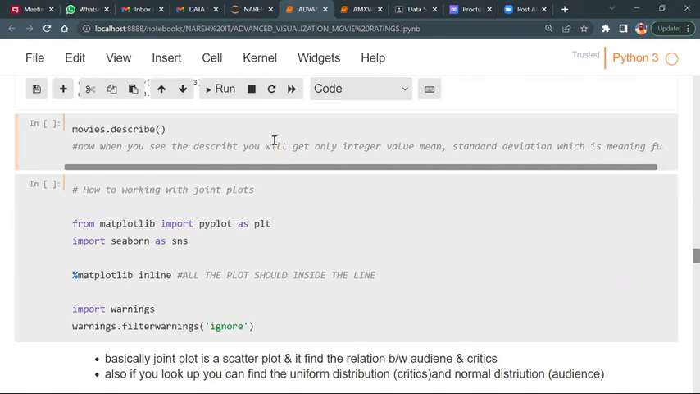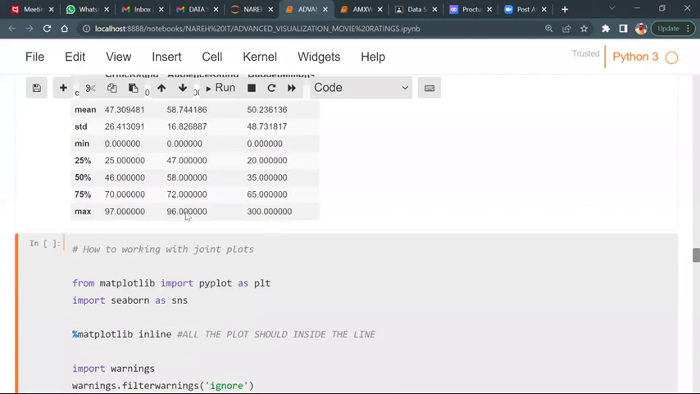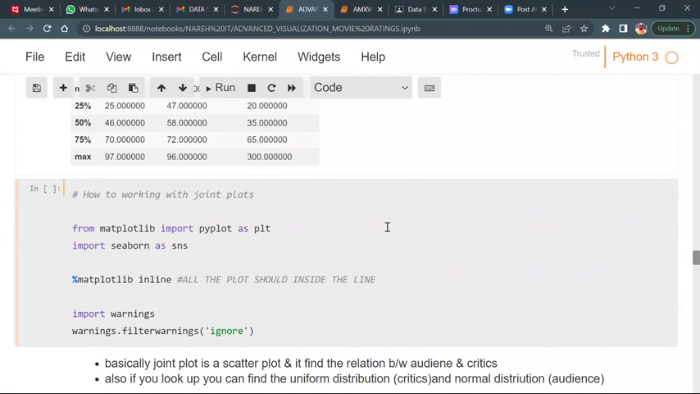Understand, guys? What are we going to do now? Now dot describe. How many values will we get now? Dot describe, 3. What are those? Critics, audience, and budget millions. Let's run it. Critics, audience, and budget. Agree or not? Now there's a new one here. Yes. Let me introduce